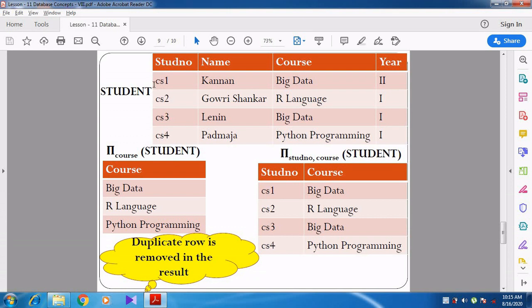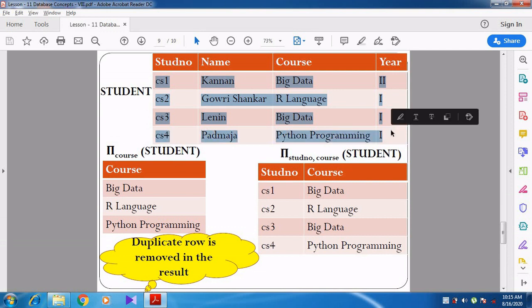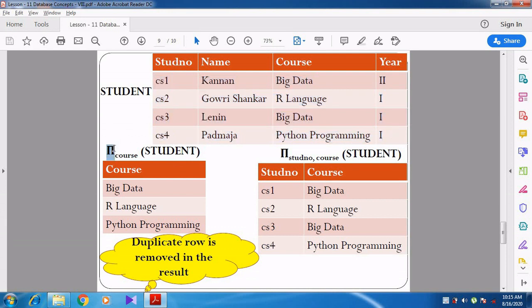Same table: CS1 Kannan big data, CS2 Gauri Shankar R language, CS3 Lenin big data, CS4 Padmaja Python programming. So when I specify the project command, project course of student, what have I specified?